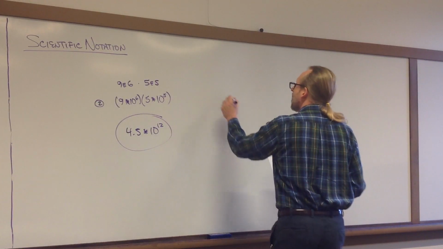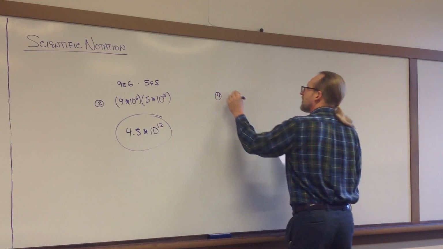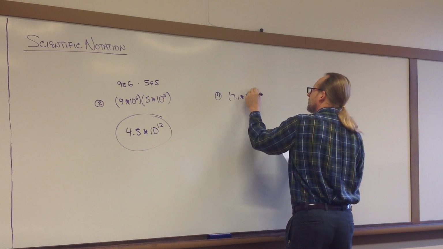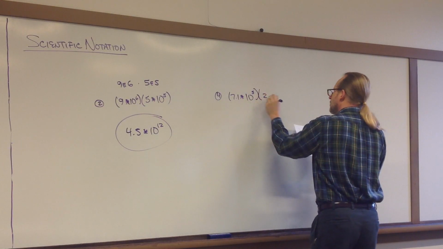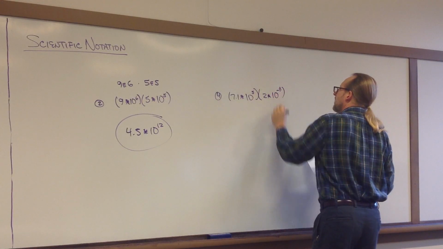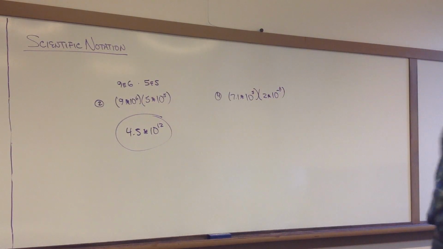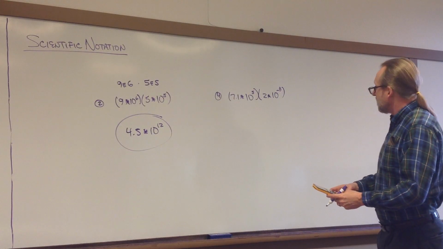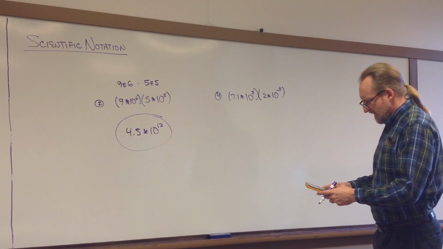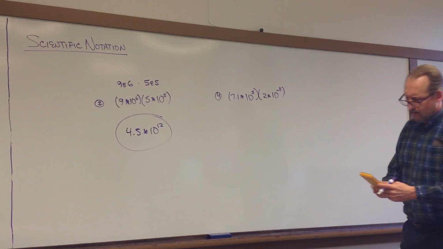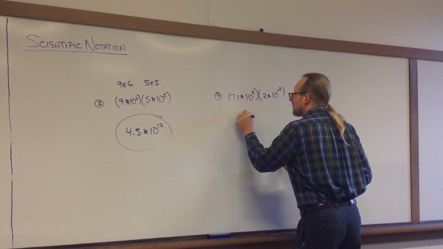Problem 4. We've got 7.1 times 10 to the 5th, and then 2 times 10 to the negative 8th. Okay, so I'll do the same thing on this. I'll do this one on the calculator. 7.1 E5 times 2E minus 8. And it's important to get that negative sign in there. So my calculator comes out with an answer of